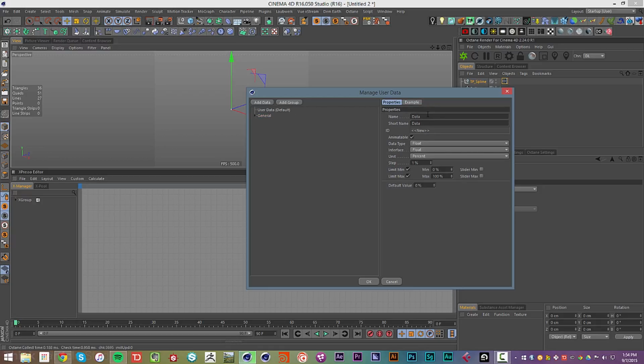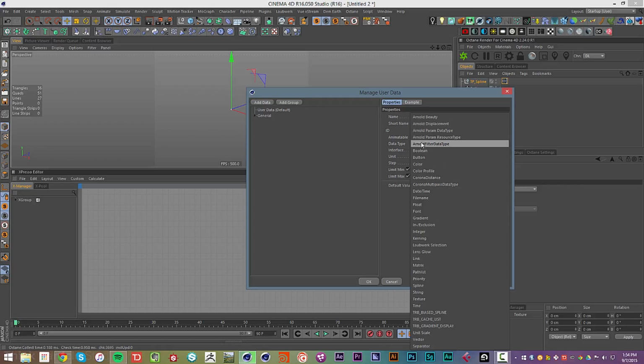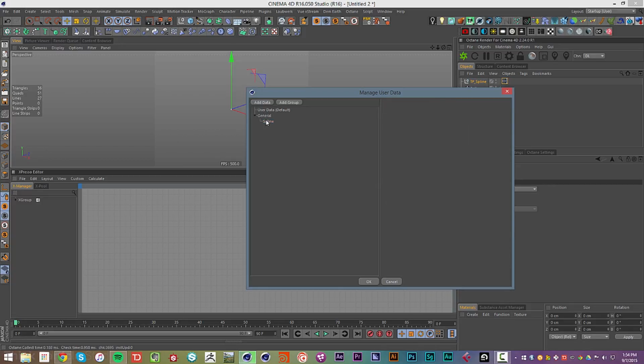We're going to start with our first data type, and this is going to be called spline. So we're going to create a new data type, call it spline, and change the data type to a link. Okay. We're going to make a new group and call this multipliers. We'll turn off the title bar, and we're going to call this